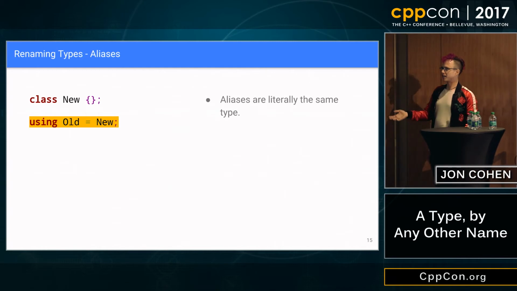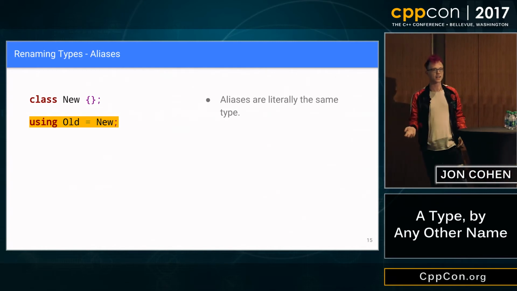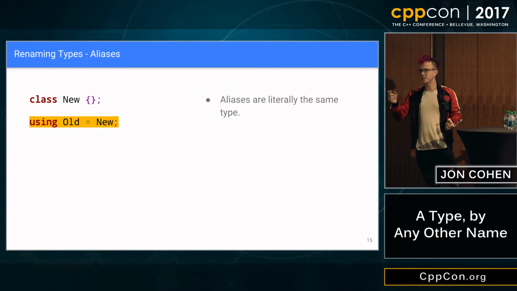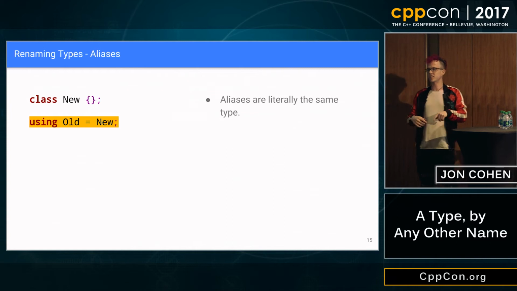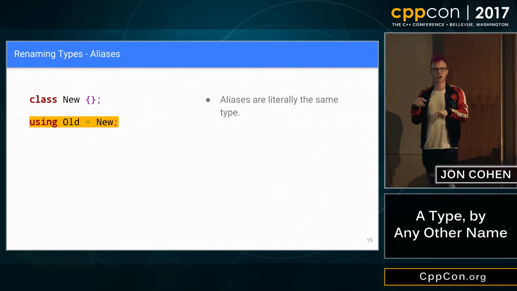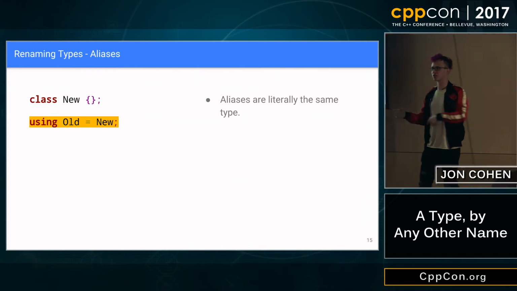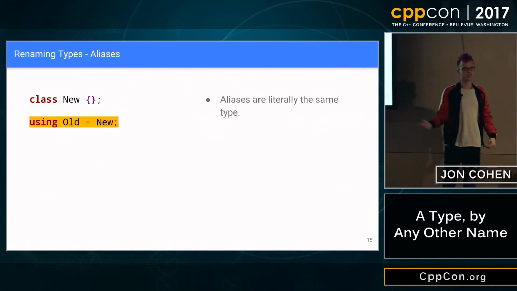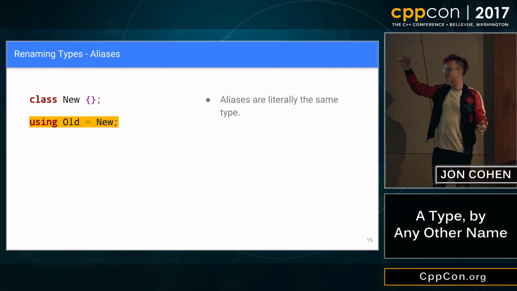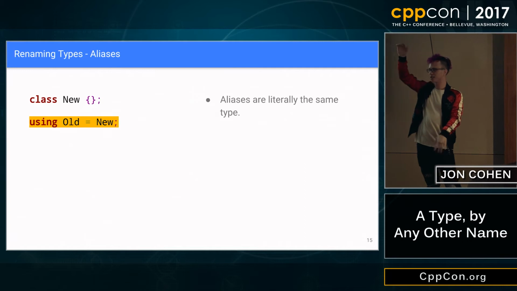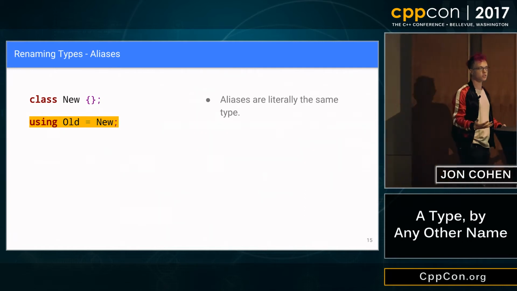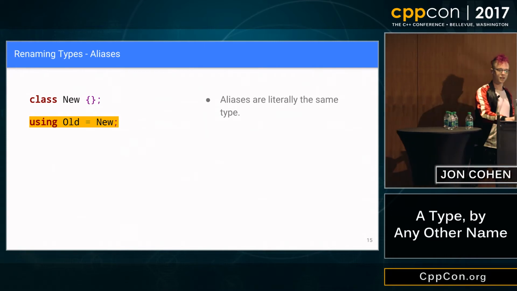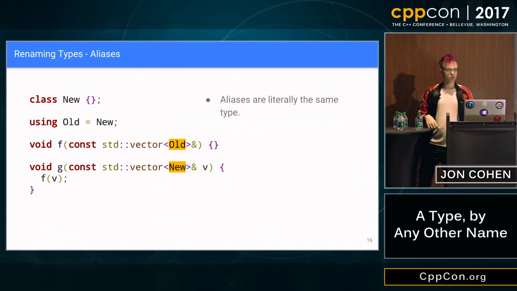And I think everybody here has experienced this when you've had some kind of compile breakage that has to do with std::string, and the compiler doesn't give you a nice 'this isn't a std::string.' It says, oh, this isn't a std::basic_string of char, and std::char_traits of char, and std::allocator of char. What are you talking about? And of course, if you have a template that's got a lot of strings, and all of a sudden you've got like 50 million lines of code, and you don't know what it is because all those aliases, all the sugar's been removed. They're literally the same. So now this example is totally fine.